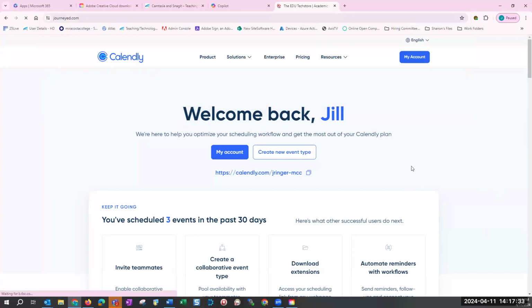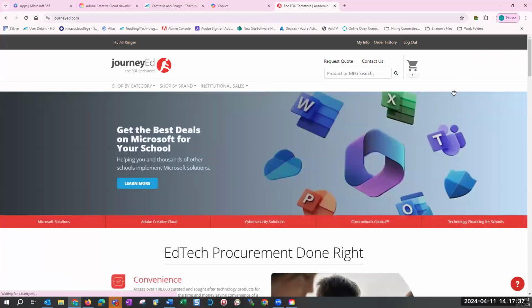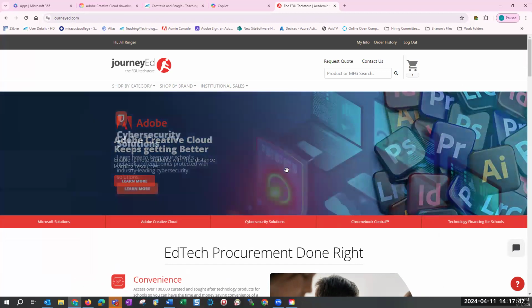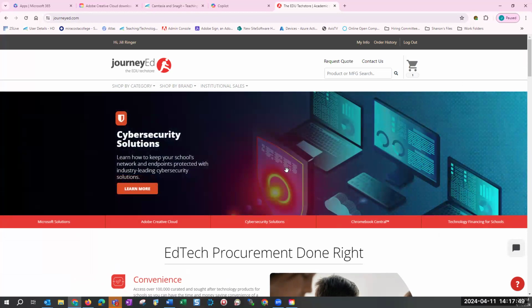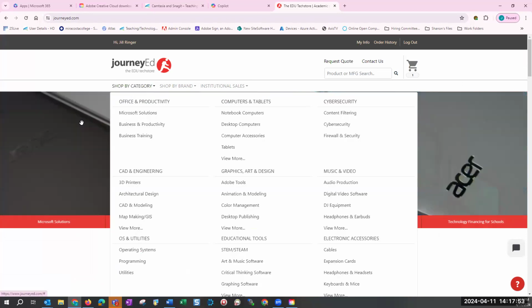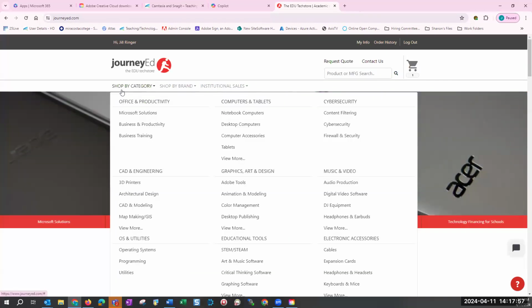These sites used to be a lot easier to navigate, but now they've become a little bit harder to get in. I don't know why, and I don't know what's going on. So Journey Ed has all of this software available. I can't even get the bottom part in.